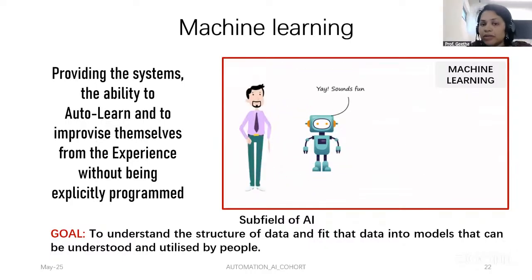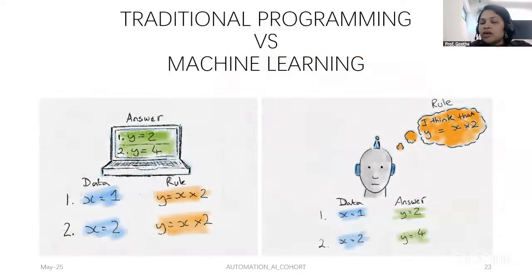This is what machine learning is all about. So when we talk about machine learning, we do have programming for machine learning. But how does machine learning differ from traditional programming? So in traditional programming, being students of 11th and 12th standard, you would have done a little computer